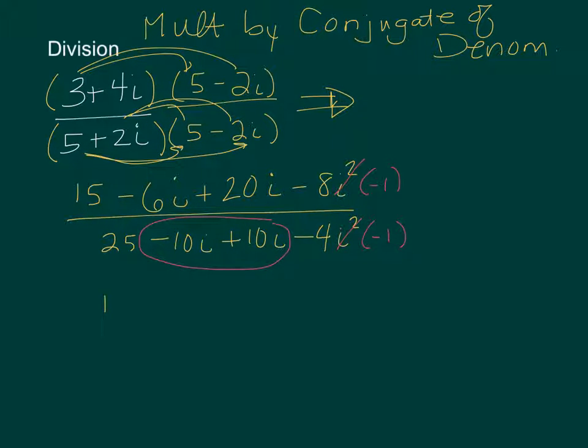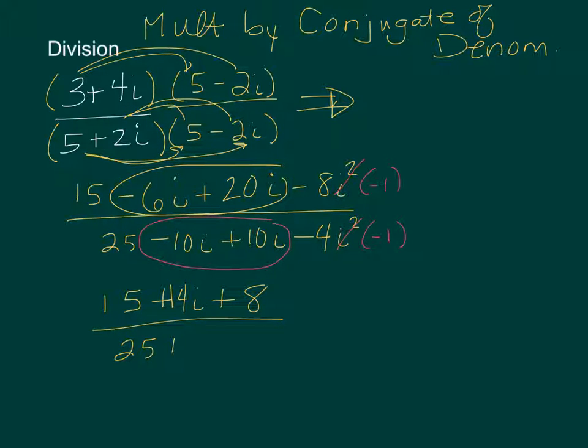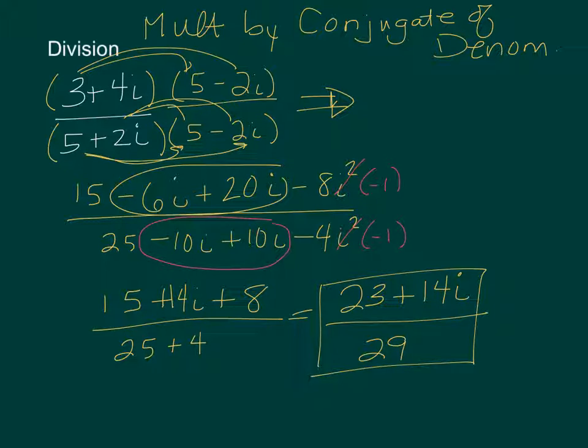and we'll get 15 plus 14i plus 8, minus 8 times -1. On the bottom we'll get 25 plus 4. So what you should notice is that in the denominator we don't have any more i's. And that will happen every time that you multiply by the conjugate of the denominator. It is possible